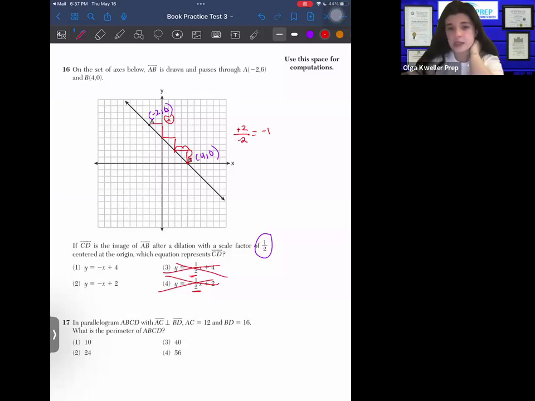And then, as somebody else said, we can connect the 2 points to the origin like this. We can create our little triangle. And then we can dilate it 1/2, centered at the origin. So we bring the line over here by half. And then we have a new line. But again, the ratio will not change. But what will change is the y-intercept. And the y-intercept is going to move from 4, it's going to go in half to 2. So our new y-intercept is going to be here. And the line is going to look, to the best of my ability, if I draw, it's going to look